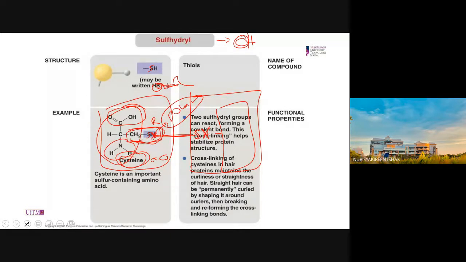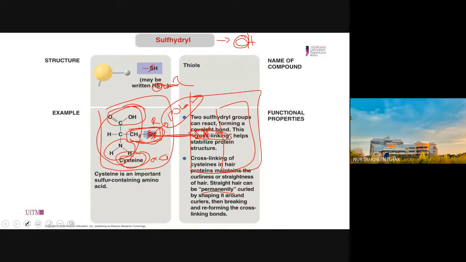A bond between the two sulfur, we call it the disulfide bridge. Cross-linking, we call it the disulfide bridge. So cross-linking of cysteine in hair proteins maintains the curliness or straightness of hair. Straight hair can be permanently curled by shaping it around a curler, then breaking and reforming the cross-linking bonds. So cysteine is one example of an amino acid that can be found